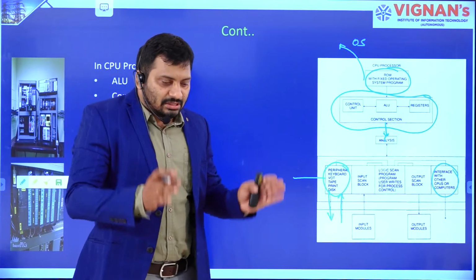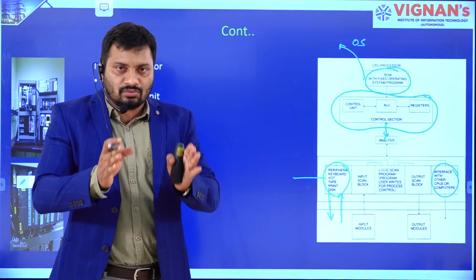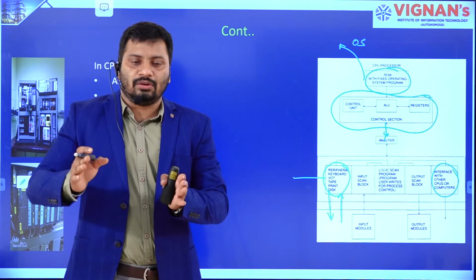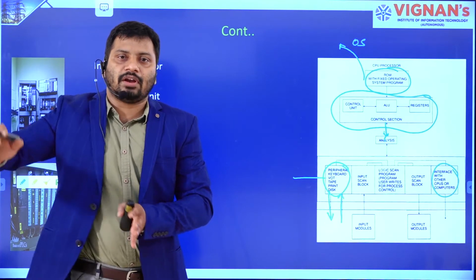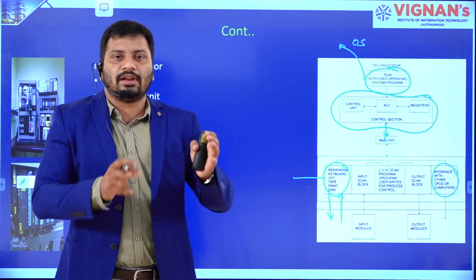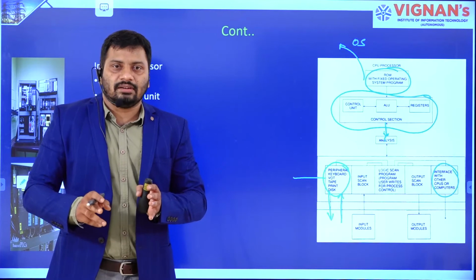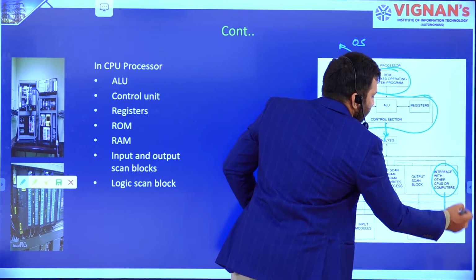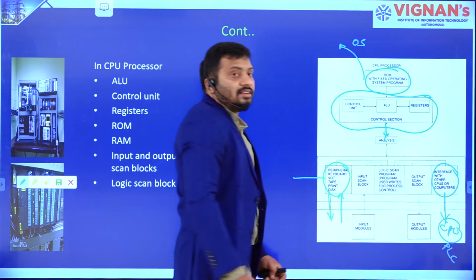That means what? This PLC contains one processor, right? One PLC module can communicate with another PLC module. While communicating, this processor is going to communicate with that processor. That means the processor present in PLC module 1 can communicate with the processor present in PLC module 2. If you want to transmit any data, control signals or status signals from one PLC module to another, this is the other channel, right? So this is to communicate with other CPUs, that is, CPUs present in other PLC units, right?